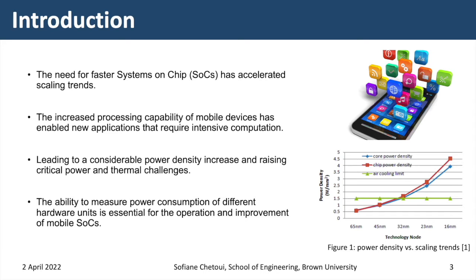Additionally, the increased processing capability of mobile devices has enabled new applications that require intensive computation. And actually, this is even more challenging for mobile devices due to their form factor, the multiple sources of thermal emergencies, but also their limited cooling capabilities. As a result, all of this is leading to a considerable power density increase, raising critical power and thermal challenges. Actually, elevated power dissipation and chip temperature levels trigger performance throttling mechanisms,